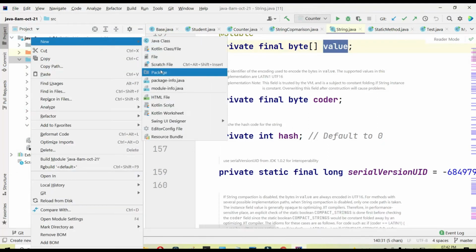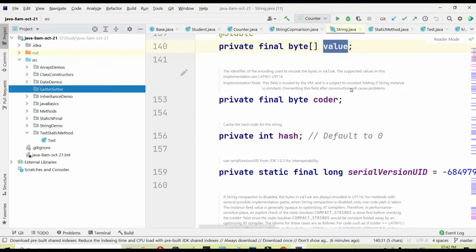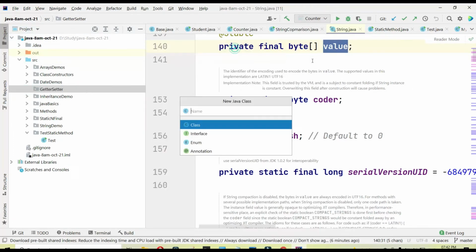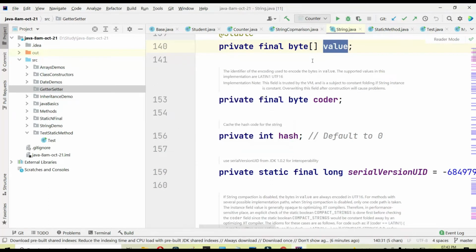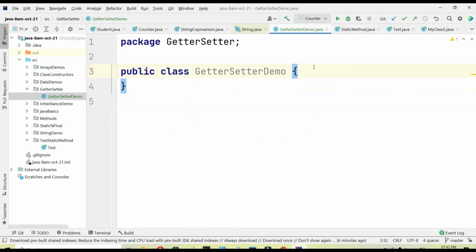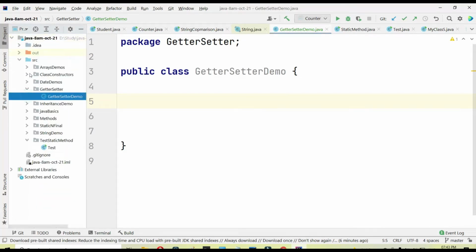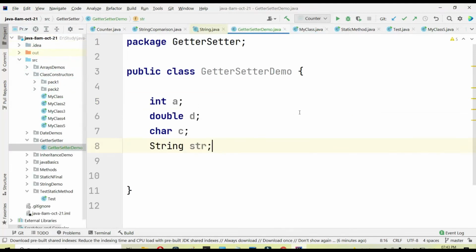So let's say getter setter demo. Here let's define some variables: integer a, double d, character c, string str, and all of them must be private.